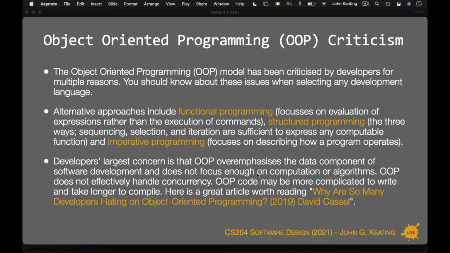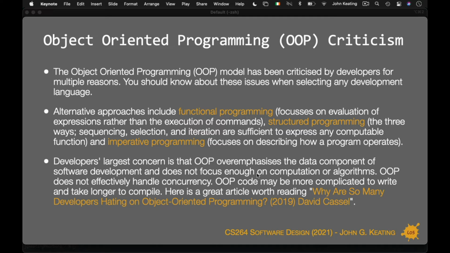You know, you don't have to do it this way, okay? But it's a modern way, and it has been criticized by developers for lots of reasons. And you might say, it could be a question you could be asked, for example, why would you bother with OOP? And have an answer. Okay? I require you to do it for this course, so hey, that's unfortunate, really, maybe, but it could be